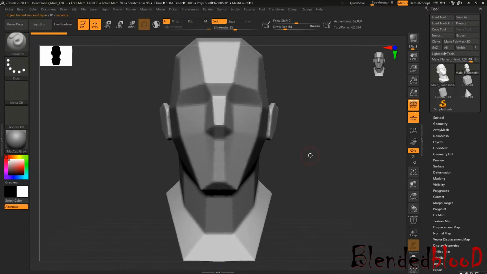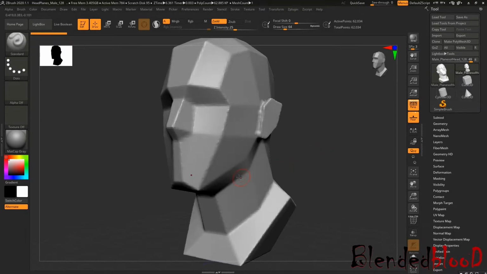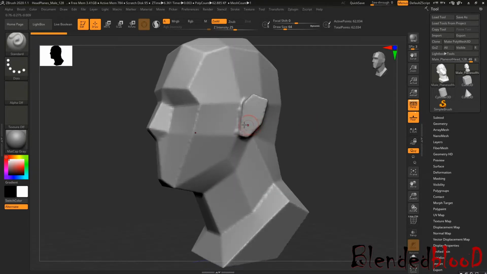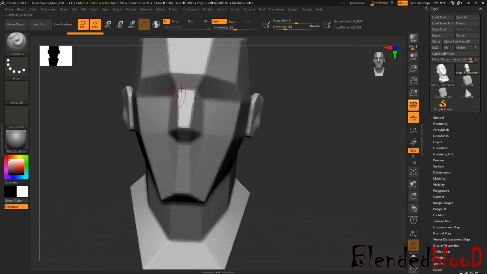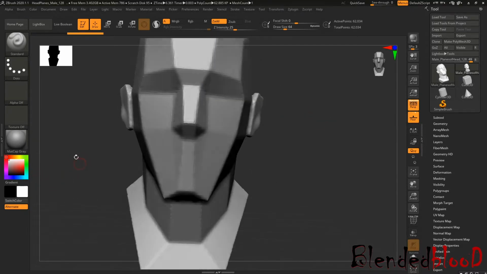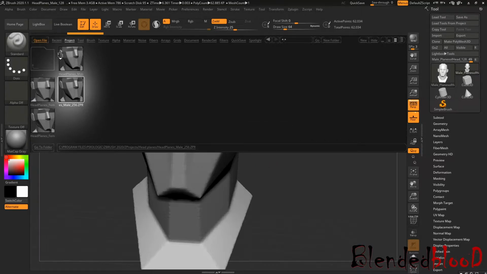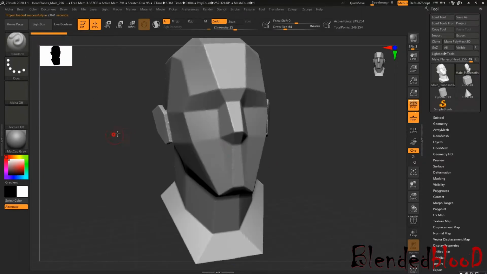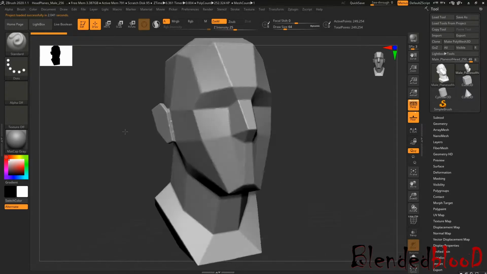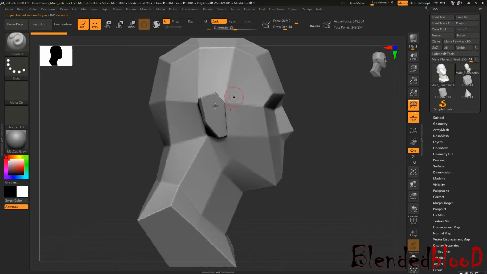If you're modeling a head and having very much difficulty, like you are very confused about how to work with the jawline, how to sculpt the ear, and how to work with the nose area and all, then for help, as a beginner, you can take any of these references to sculpt, and this will help with your basic things.